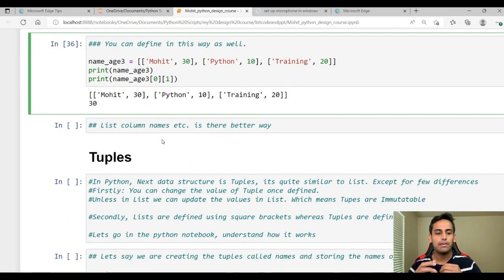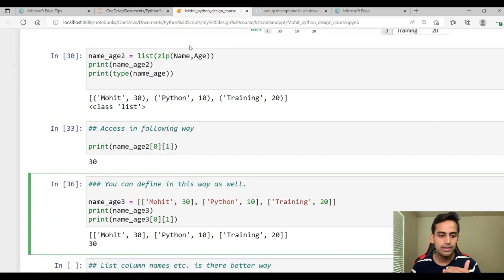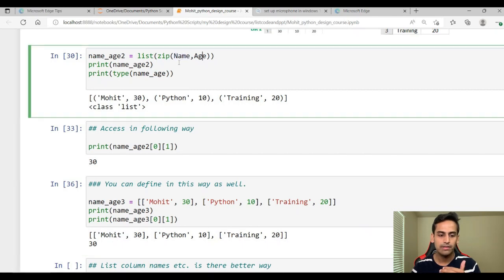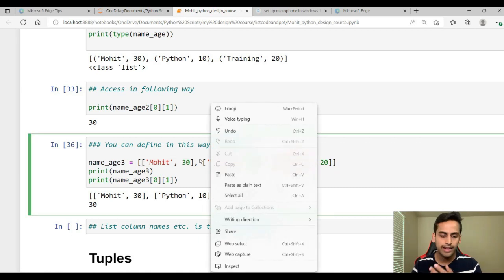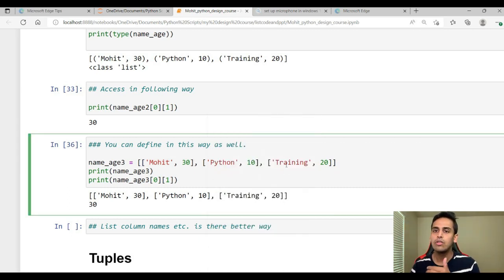And another way we can combine multiple lists: instead of passing the lists, we can pass the values of the list. So for example, on the top we are passing the variable lists, name and age. Now let's say you don't want to create those 2 lists individually, like name and age. Instead you want to pass their values. So Mohit 30 would be the first row or the first list, Python 10 would be the second row or the second list, and training 20 would be the third row or the third list. And then